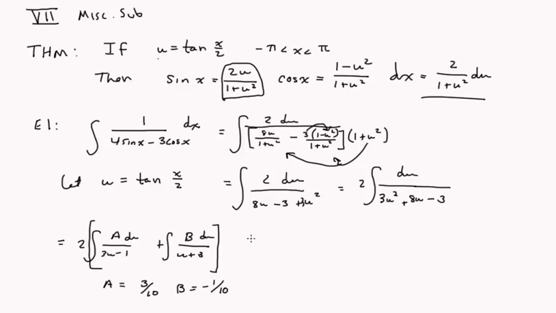So this becomes 1/3 times 6 over 10 times natural log of 3u minus 1, this is just natural log, minus 1/5 natural log u plus 3 plus c,